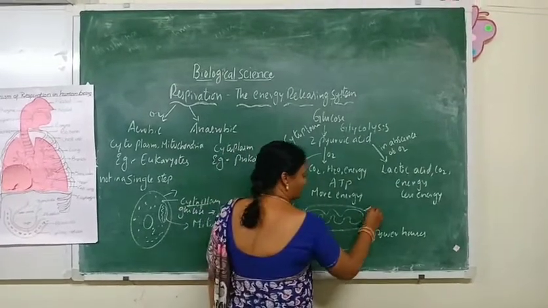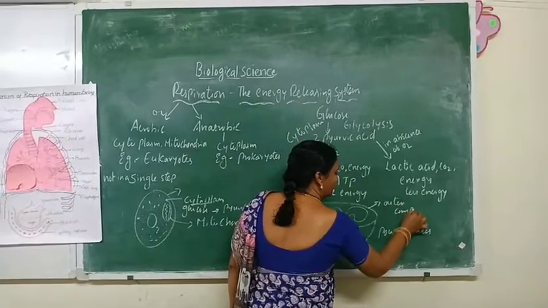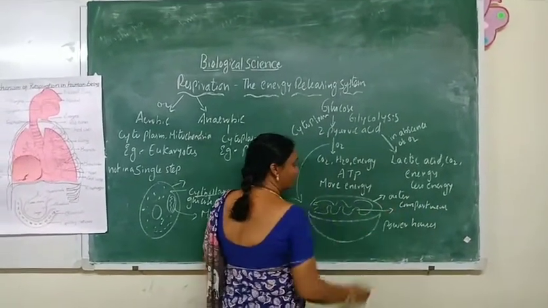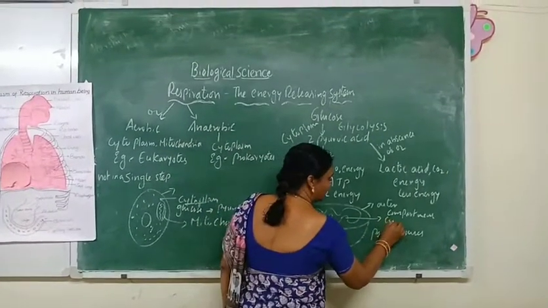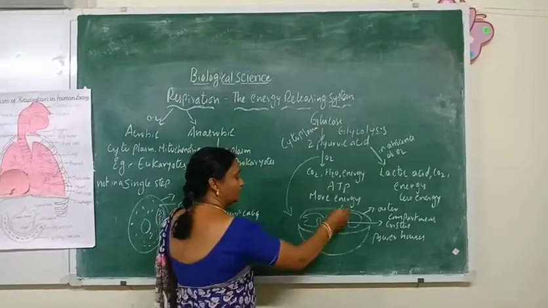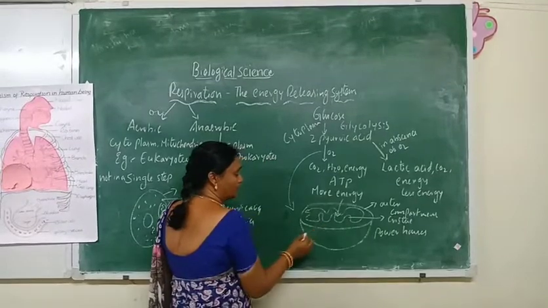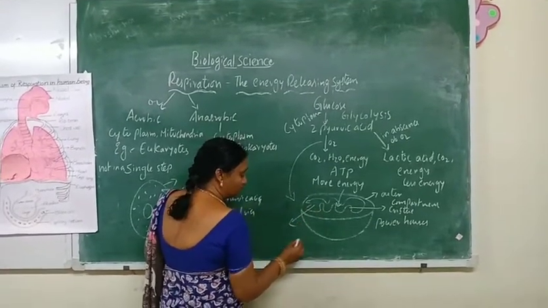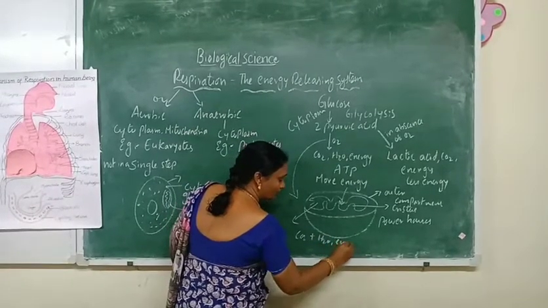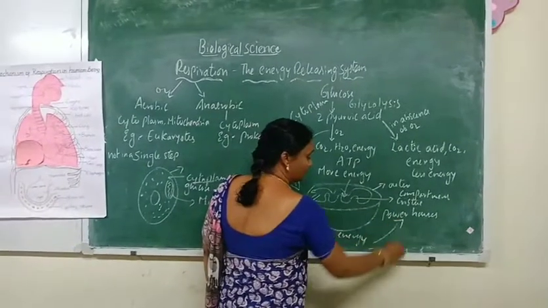Once again, we will recollect the parts present in the mitochondria. The mitochondria consist of an outer compartment and an inner compartment. The outer compartment is very smooth, whereas the inner compartment has several folds called cristae. After being oxidized into pyruvic acid, the glucose comes to the matrix of the mitochondria. Here the pyruvic acid molecule is burnt into carbon dioxide, water and energy. As the energy is produced in the mitochondria, we call it the powerhouse of the cell.